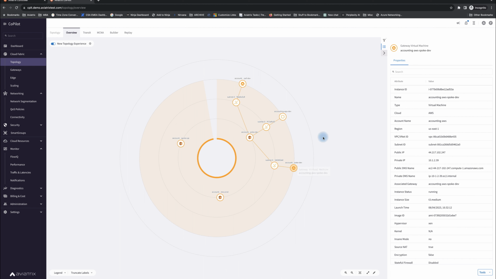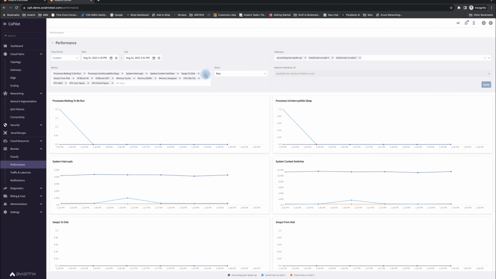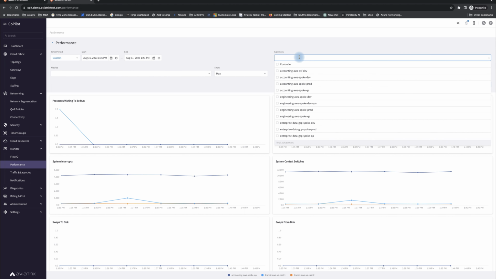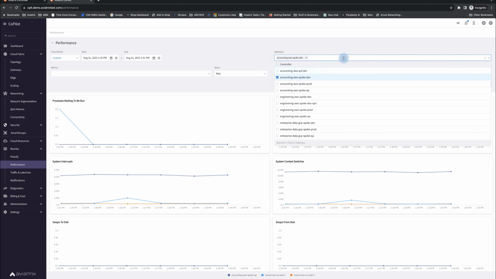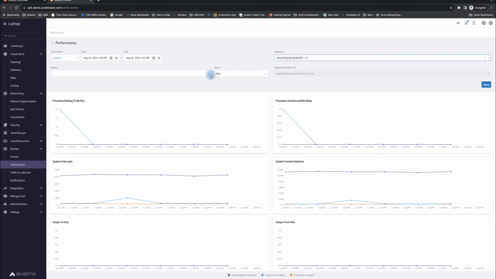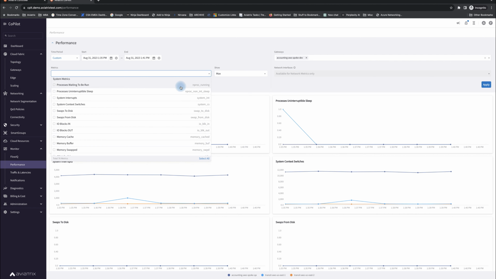So again, I'd like to take this particular gateway. This is the Aviatrix gateway. I'm just going to take a copy of that, and I'm going to move down here to performance. And I'm just going to clear any filters that I had before. And what I'd like to do is, for this particular Aviatrix gateway, which is the one in question where the VM is connected to, I would like to see if that gateway has any telemetry problems, any